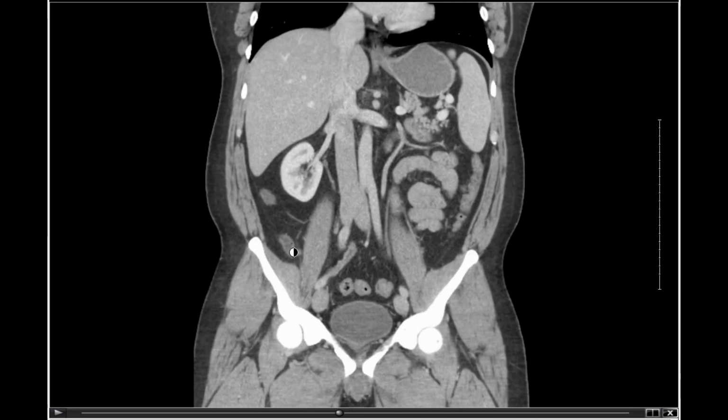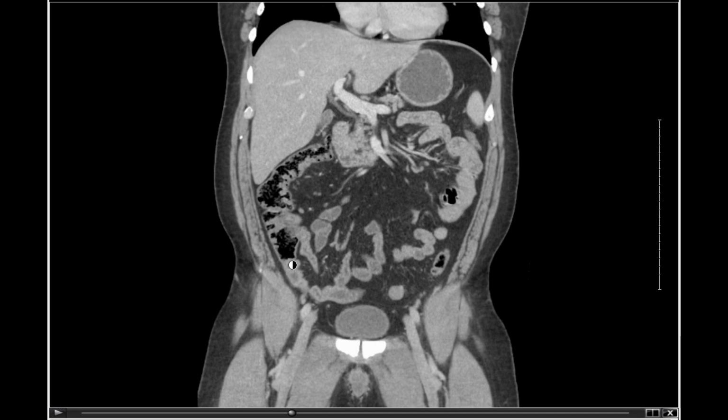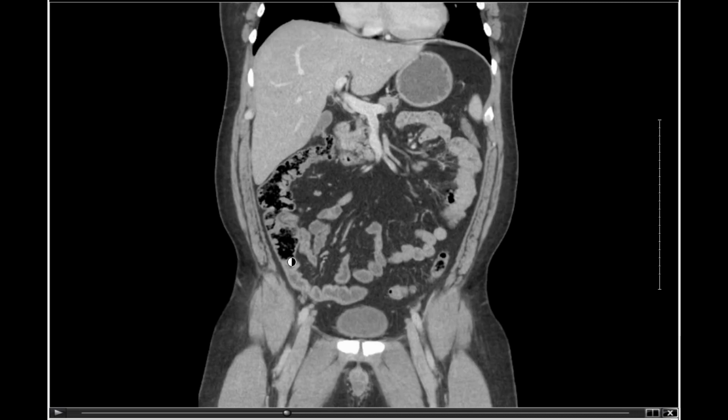So the cecum's right here. Now my appendix, as far as I know, is still in there, but I'm not seeing it on this view. I'd expect to see it maybe a little bit posterior to here. Sometimes they lay out in the body. Sometimes they lay posterior along the body wall. But the cecum receives this bolus of food, which we'll now call fecal material, because it's going to be turning